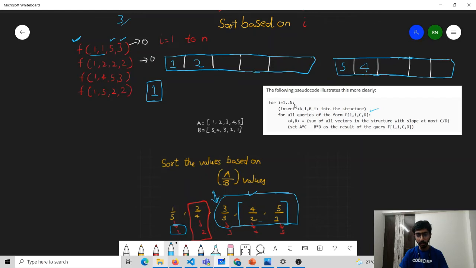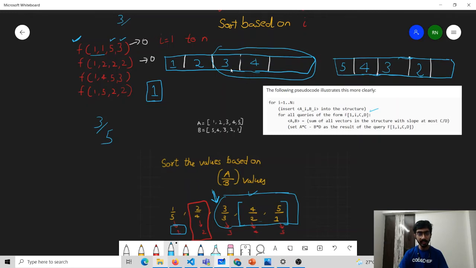Next we are going to insert i equal to 3, which has 3 and 3. But i equal to 3 has no query for it. So we are going to ignore the query part. Next we are going to insert i equal to 4. So we have to put 4 here and 2 here. And for i equal to 4, what is the d by c value? It's going to be 3 by 5. We know that 3 by 5 lies somewhere over here. So we have to take into consideration all the values which lie in the suffix of size 3, which are these values.